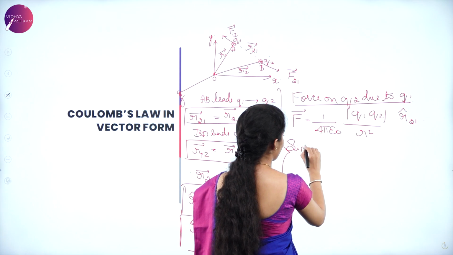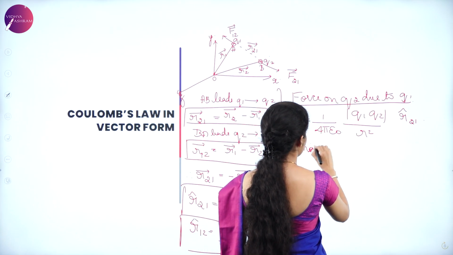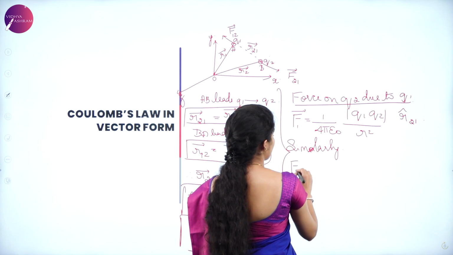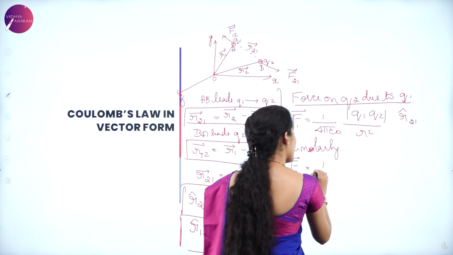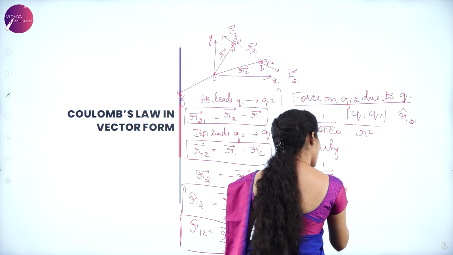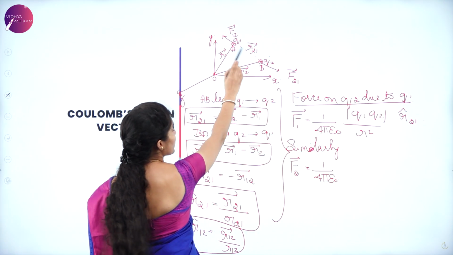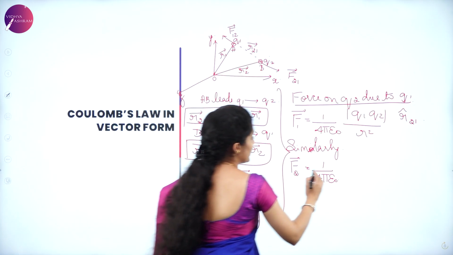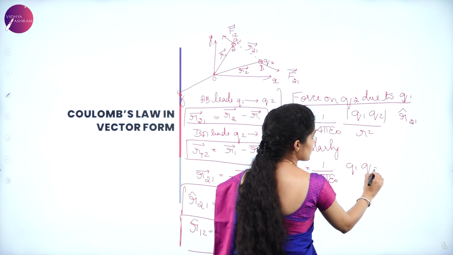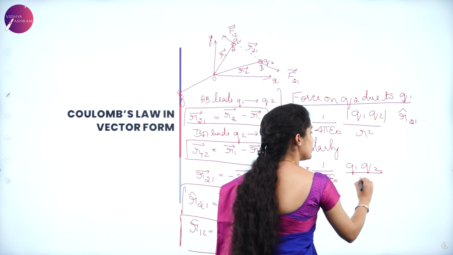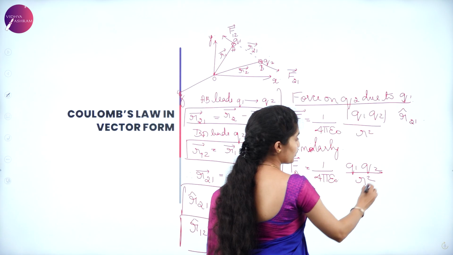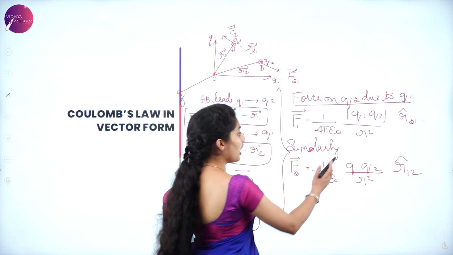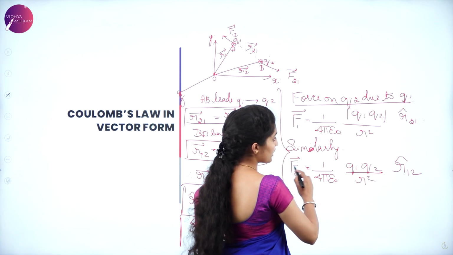Similarly, you can just give, if this is F1 and this is F2, you have got 1 by 4 pi epsilon naught. The force on Q1 due to Q2 can be given as Q1 Q2, since it is a product, I can just write the same thing, divided by R square, and here you have R12 cap. So here we have R square and R square. So this R square is nothing but